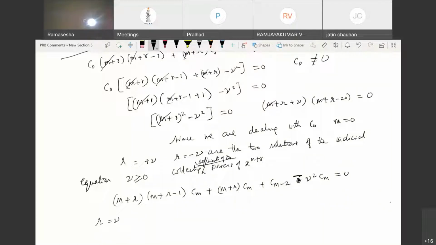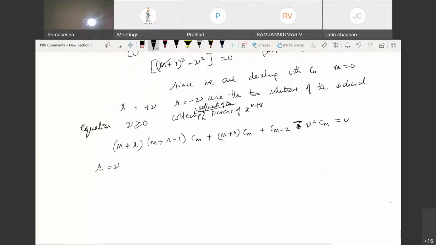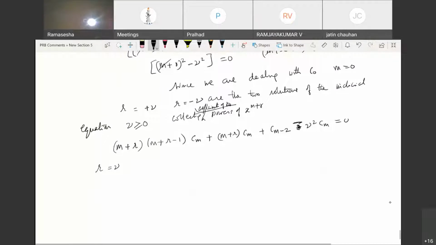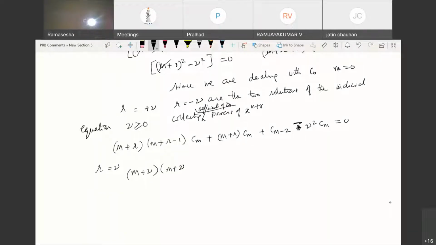So what M nu into M nu minus 1 times CM plus M plus nu CM plus minus nu square times CM is equal to minus of M minus 2. Okay. Or I can say that